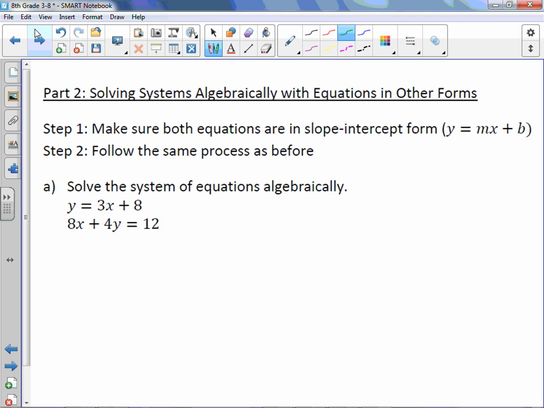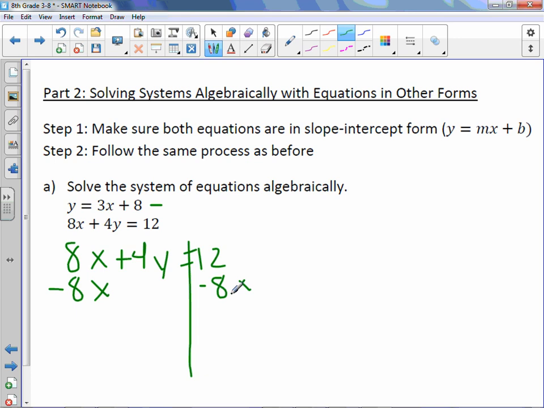Sometimes you won't have both equations equal to y, but we also know how to change it so that they do equal y. So the first equation in letter A is fine. Let's look at the second equation. 8x plus 4y equals 12. So the only thing we have to follow now is to get y by itself first. So I'll subtract 8x from both sides. And I get 4y equals